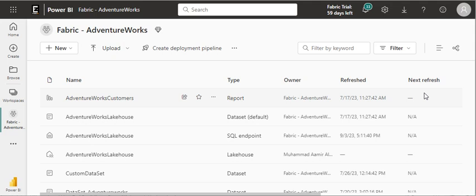Hello everyone, in this video I'm going to share a feature inside Power BI to manage your default Power BI dataset. In most cases when you are creating a lakehouse and bringing different tables to your data model, sometimes not all of your tables are ready and you want to utilize a few tables for your reporting needs,